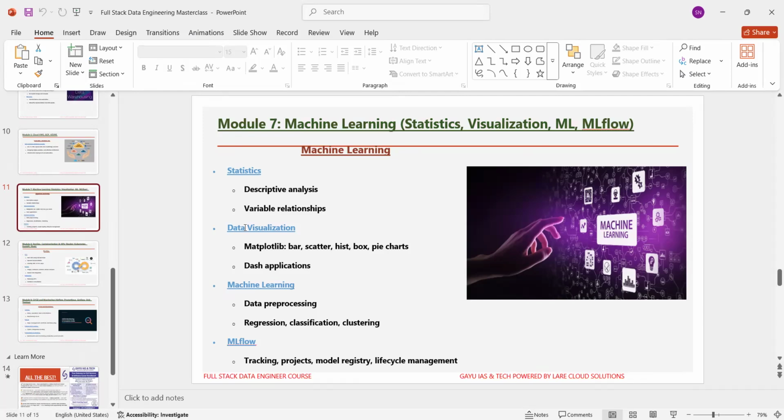After completion of the statistics, you are going to be choosing data visualization. Here you learn visualizing the data with the Matplotlib library: bar charts, scatter plots, histograms, box plots, and pie charts. After that you'll be building interactive dashboards with Dash for dynamic exploration. After the theory part, you'll practice creating visualizations to show disease incidence by demographics and also visualize clustering of patient risk groups. One use case is interactive dashboards for healthcare analytics.